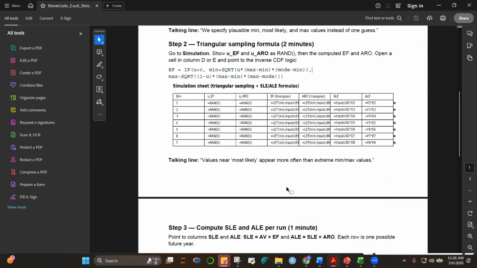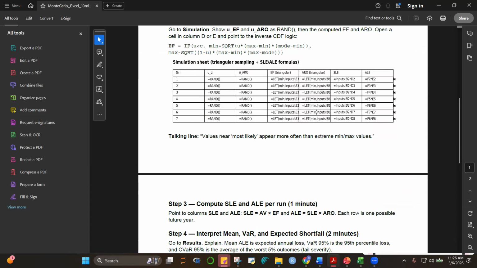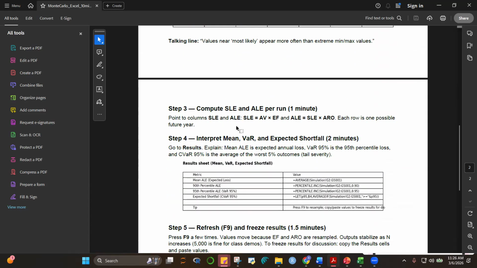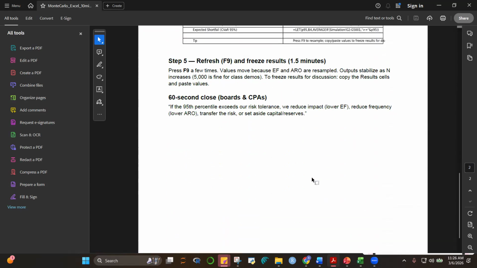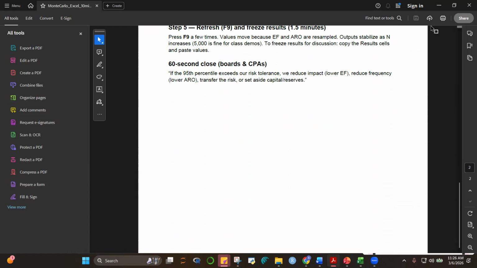We'll just use one formula for your ARO and EF, and then we'll compute for the SLE and the ALE. And then we're going to compute for the mean of the ALE. Then we can compute for the 90th percentile, the 95th percentile, and the expected shortfall. All right.